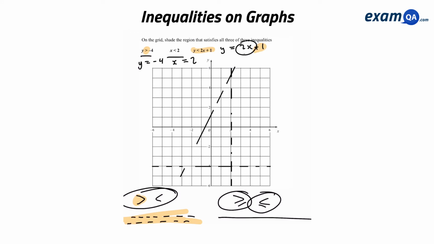Now, the final part of the question. Shade the region that satisfies these 3 inequalities. So you've got two ways to do this. It looks quite obvious what the region would be. You know, there's this massive triangle in the middle. It's probably going to be this triangle. But to be sure,